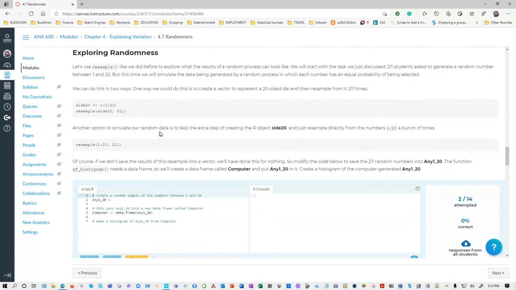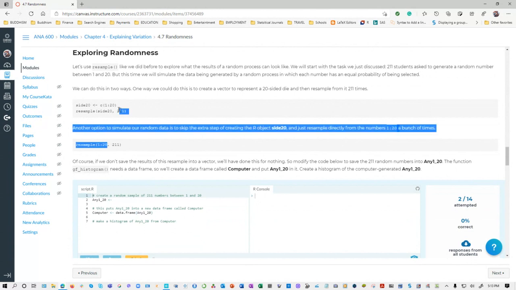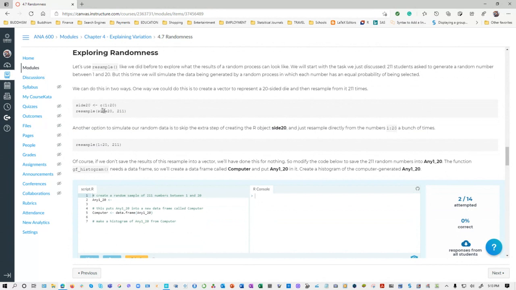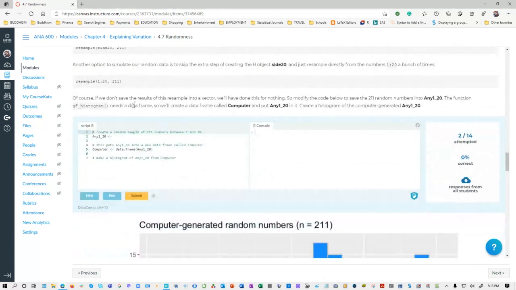Another option to simulate our random sample is to skip the extra step of creating the R object side 20. You don't need it. You can put that one inside this one, in one shot. Of course, if we don't save the results of this resample into a vector, we will have done this for nothing. So modify the code below to save the 211 random sample into any 1 to 20. Create a random sample of 211 numbers between 1 and 20